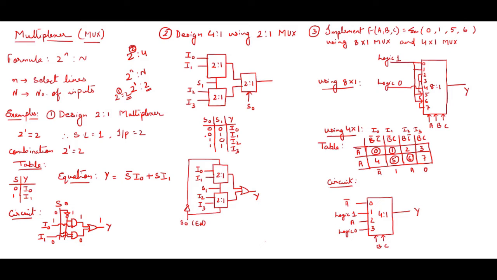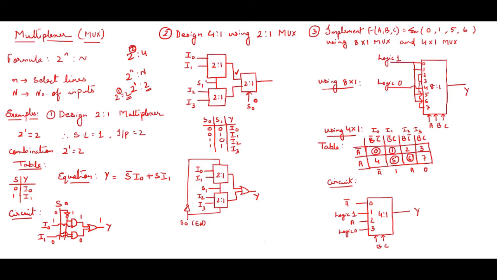Now you see, if I divide it from here, for the upper part there are 4 cases. For the first 2 cases S0 is 0, for the last 2 cases S0 is 1, but S1 is changing. So I will take the outer 2:1 mux, where the select line is S0, so it will remain constant for 2 inputs, then remain constant again for 2 inputs, while S1 changes. When I take S0 as 0, it is selecting the first line, so whatever input comes from the other line it will not accept, only the first line.